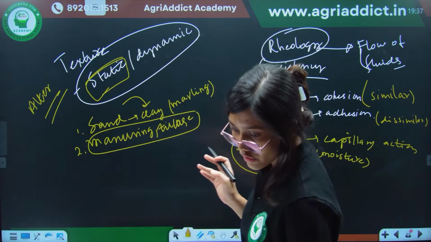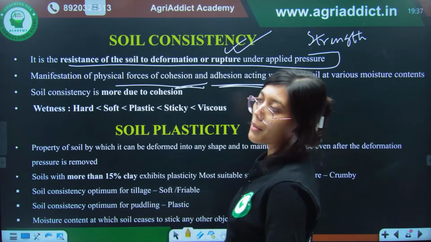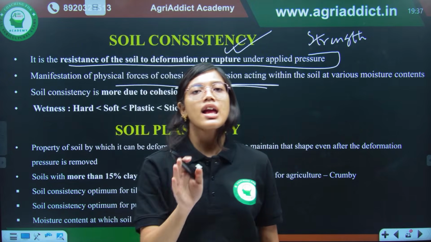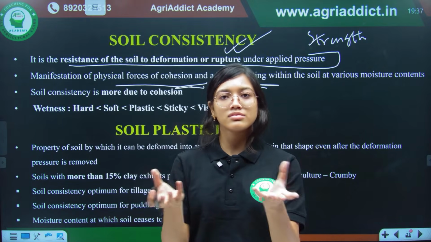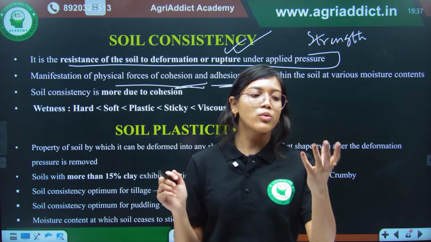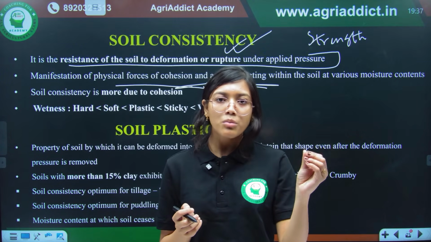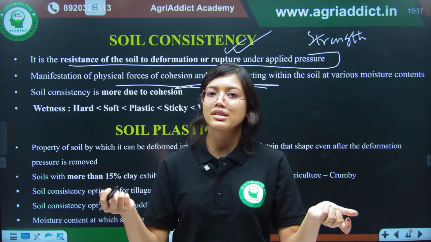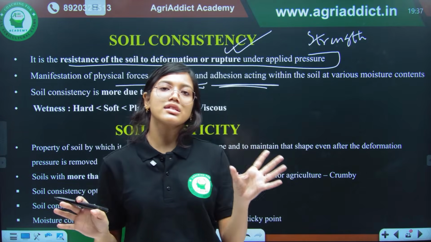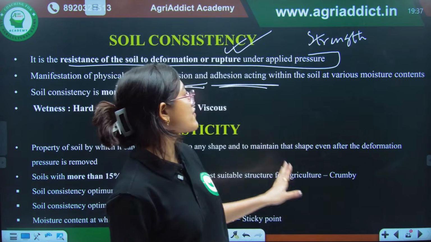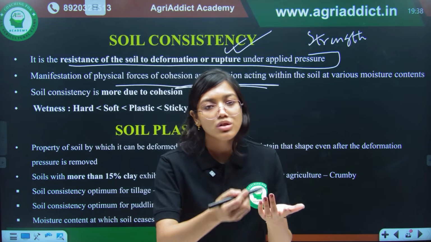Yes, fine, Vipin. Now, you see that what I was talking about is that these are the three forces that are very, very important for proper soil consistency. Now, whenever I am talking about consistency, one thing must be very clear, that it is always associated with a percentage of moisture. Suppose we have two clay soils in your hand, but one has 80% moisture and the other has 10% moisture. So, the 80% one will be more sticky, more viscous, right? But the 10% one won't. So, all the other conditions are constant, but the moisture percentage is changing, and in that case, you will find that soil consistency is very, very important when we relate it to moisture.